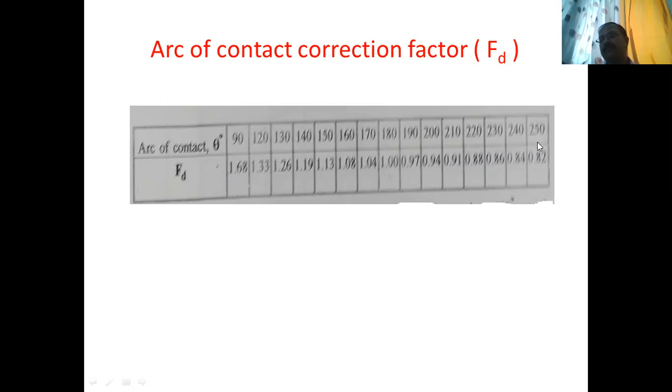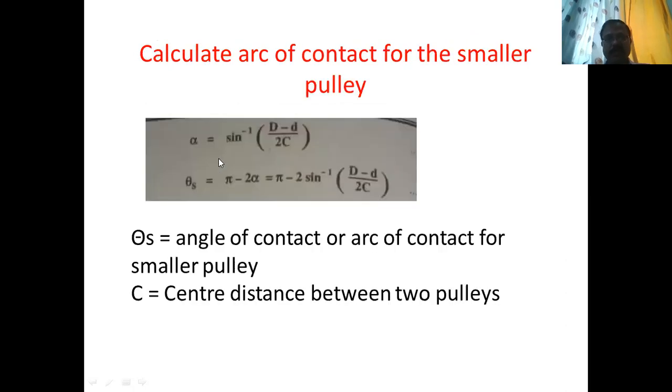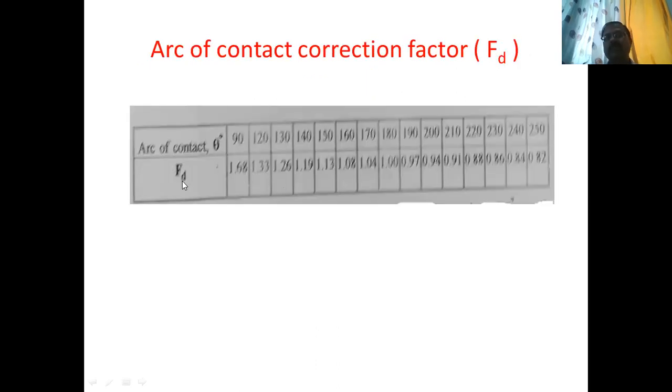Greater than 180 degree will be in certain conditions only. Otherwise, the angle of contact or arc of contact theta will always be less than 180 degree. So we have to calculate Fd for the actual angle of contact, which will be less than 180 degree, if we get the value of the arc of contact theta in degree. See here, in the earlier stage, we have calculated theta in radians. We have to convert it into degree over here